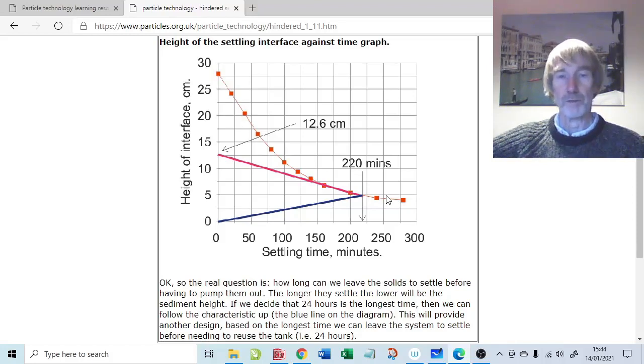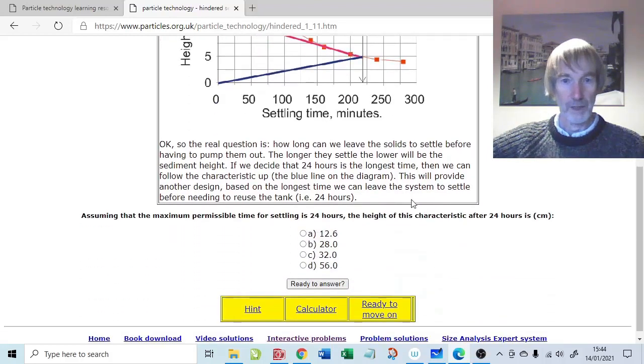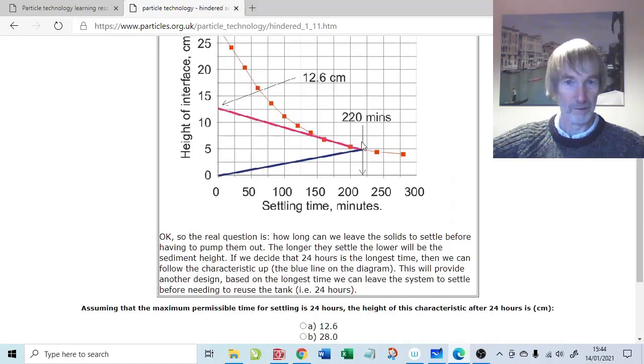So the question becomes, how long can we let it settle? Well, how about 24 hours? We know that this is on a daily cycle, so 24 hours is the longest time that we can leave the thing to settle. So this is assuming that we can leave it for 24 hours, the height of the characteristic, if we're going to carry on looking at this characteristic that worked for initial design, which we didn't like, but we're just scaling the thing up now. If we leave that for 24 hours, how high will it be? Well,